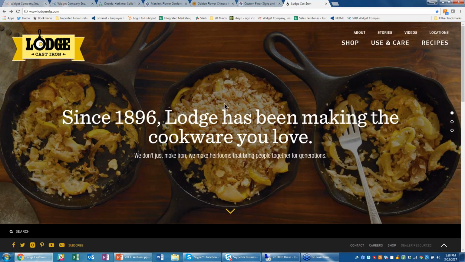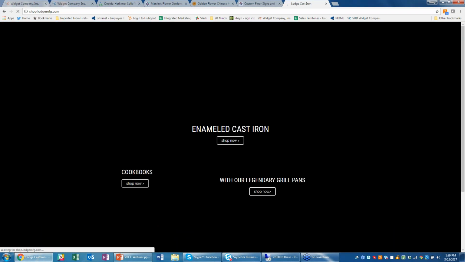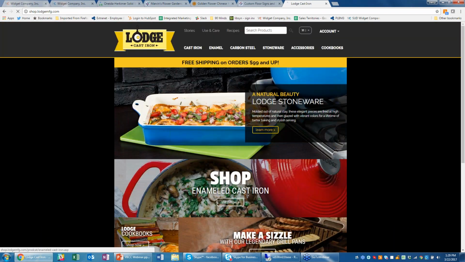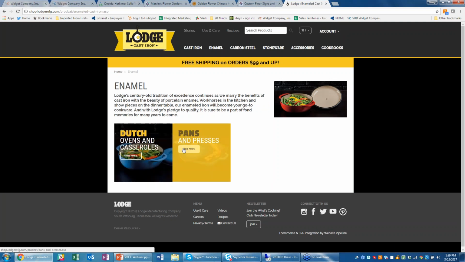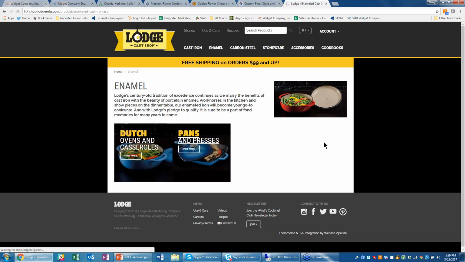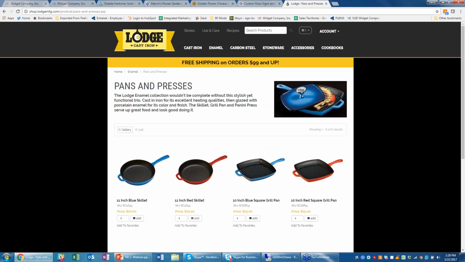And then the last example, because I'm running out of time and I want to leave room for questions, is Lodge. Lodge is a cast iron skillet manufacturer. They make these really awesome cast iron skillets, and I can come online here and shop and buy a skillet right from their website. So they sell to the public. They've got a nice shopping experience here. I've seen their products at Costco and Walmart, but in addition to selling to the public online, which again I can add to the cart and buy right from here,